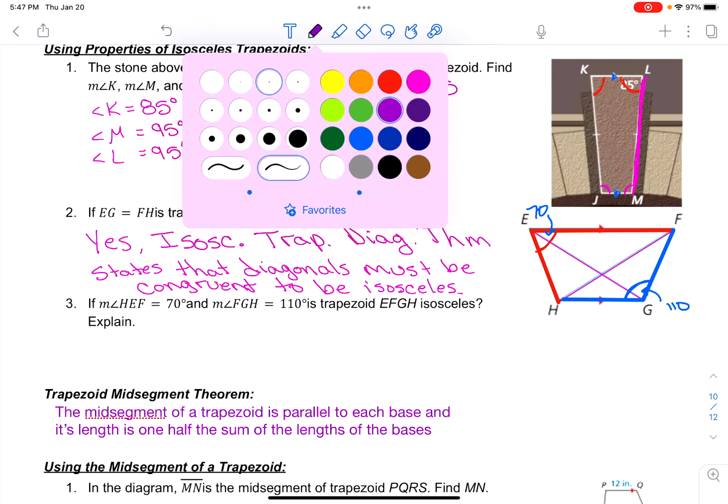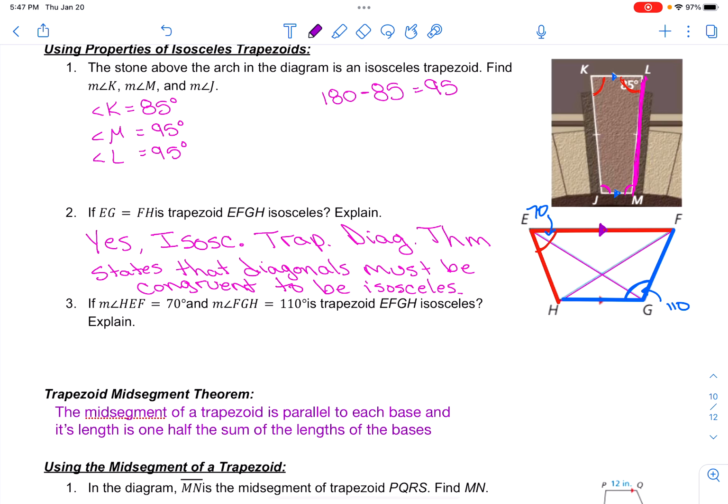Well, we know that this top piece and this bottom piece are parallel. So that means that this angle and this angle up top should be congruent. And then this angle at bottom and this angle over here at the bottom should also be congruent. And if we do the math side of it, again, remembering that these side angles need to add to 180, we do see that to be true. So yes,